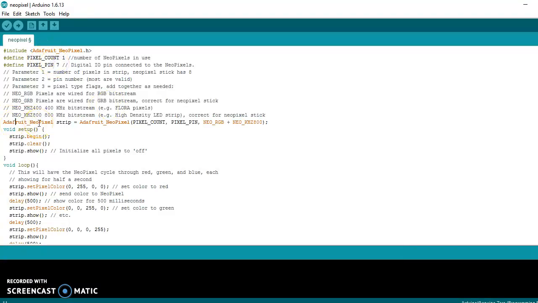Next, we are going to declare an object called strip. And as part of this object, we include the pixel count, the pixel pin, so the two that we've already defined. And then this last part, it depends on what NeoPixel you are using. Some NeoPixels are GRB and some of them are RGB. We're using the RGB today, so we have the NEO_RGB, and then the next variable is what the bitstream speed is. So some NeoPixels are 400 kilohertz, but in our case today we're going to be using the 800 kilohertz